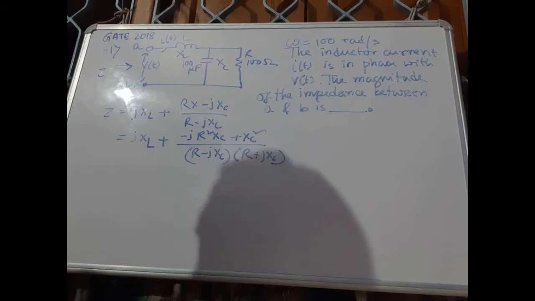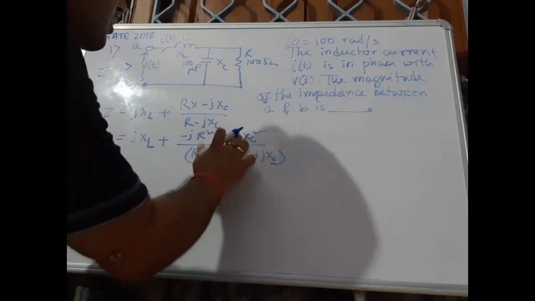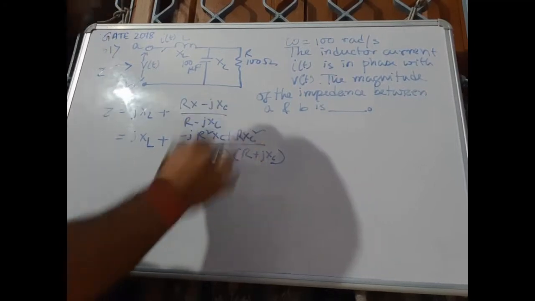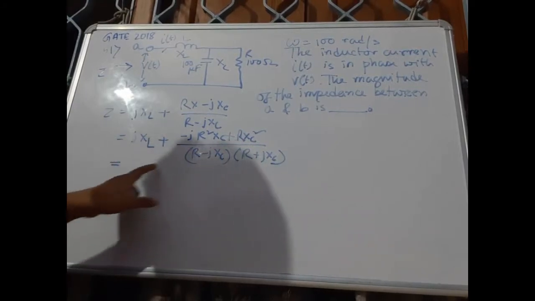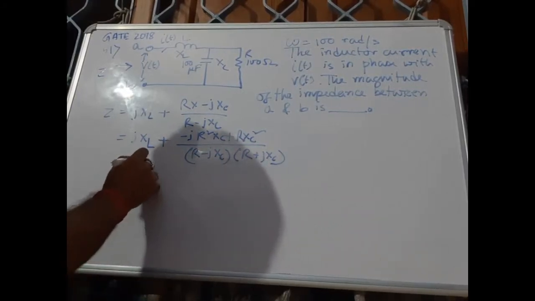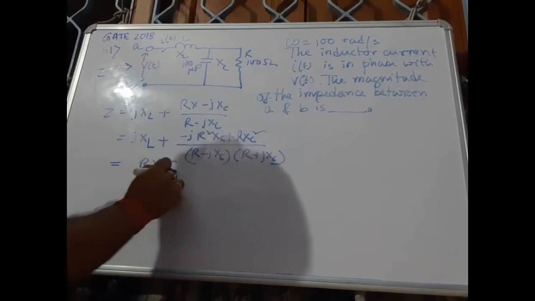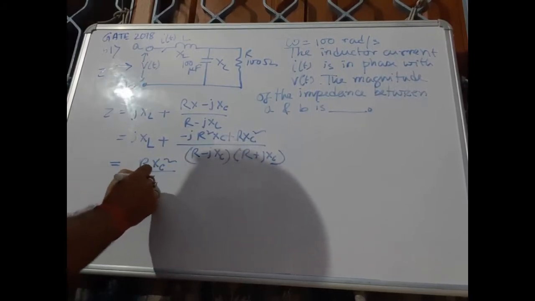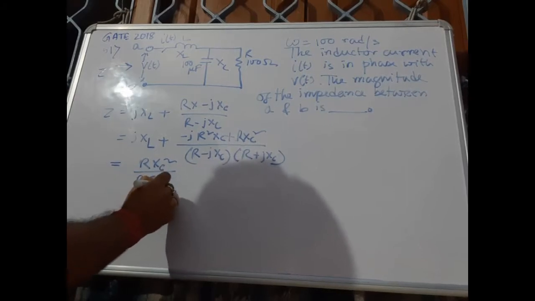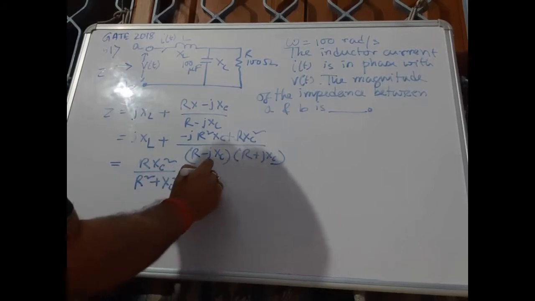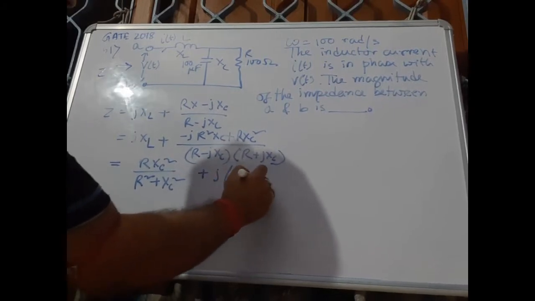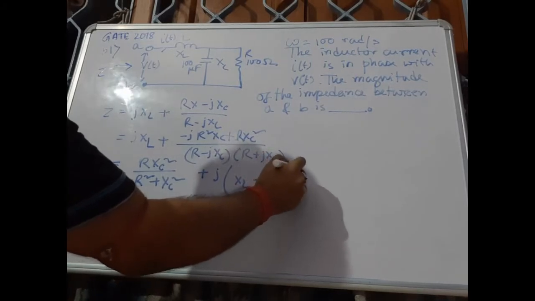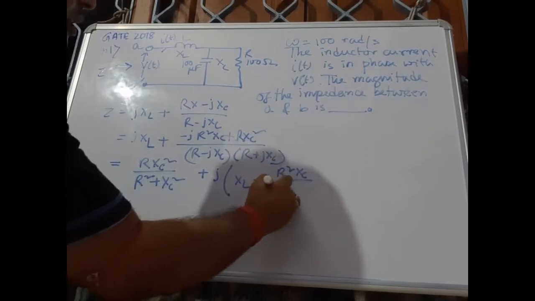So this will be R into XC square. If I separate the imaginary part and the real part, we have R XC square divided by R square plus XC square, minus, we have say jXL of minus R square XC divided by R square